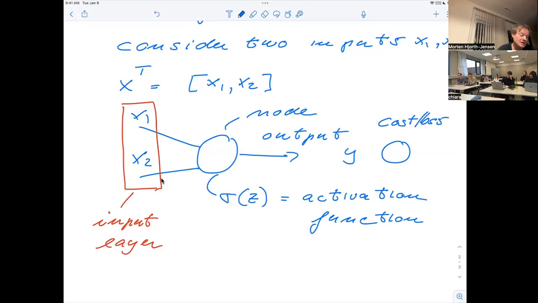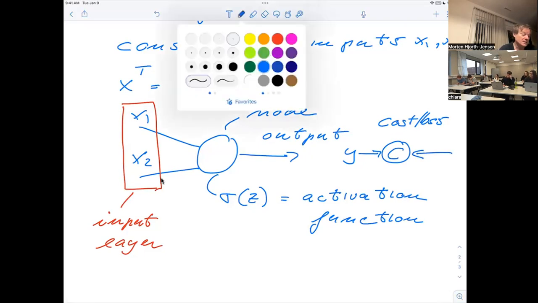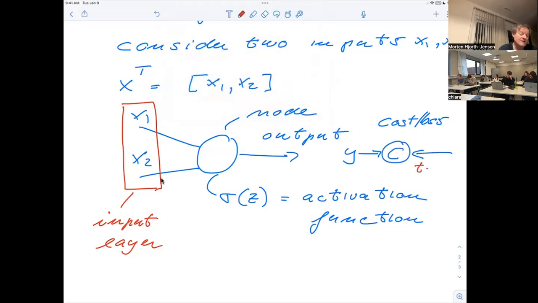Cost loss function. And I just write this with a C. And this y here, which is the output of the model, is now fed into the cost function. And then this is compared with what we are going to call the targets. The target is the variable, or the data set, which we want to reproduce. So we have some inputs, and then we have the outputs which are produced by the model. And these are then compared with the targets which we want to reproduce. And then we can go back and forth here and find an optimal way of representing the model which reproduces